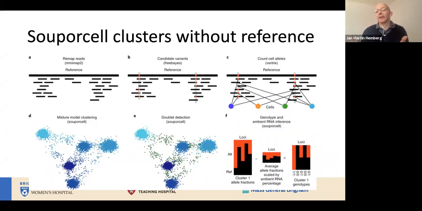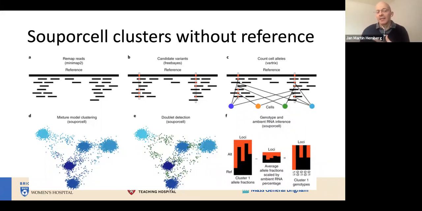You don't require the genotypes. And so what Supercell does is that it starts from the original reads, and it remaps the reads using Minimap2 and using settings which are more favorable for being able to do this variant calling. Then it does the variant calling, and then it builds up this cell by variant matrix, which it then uses